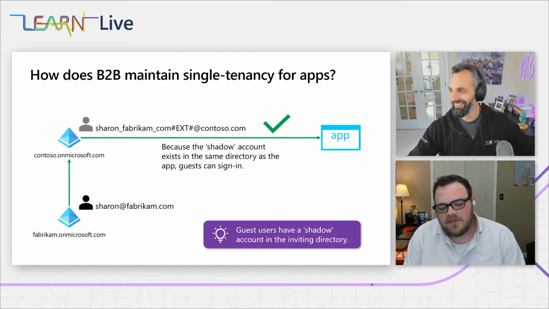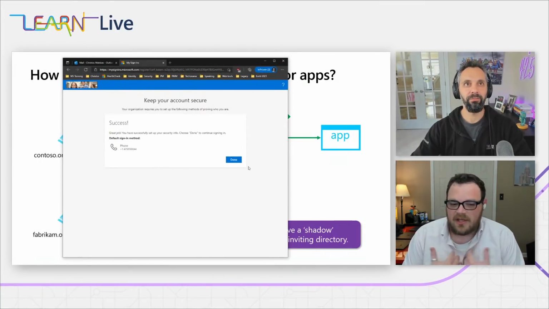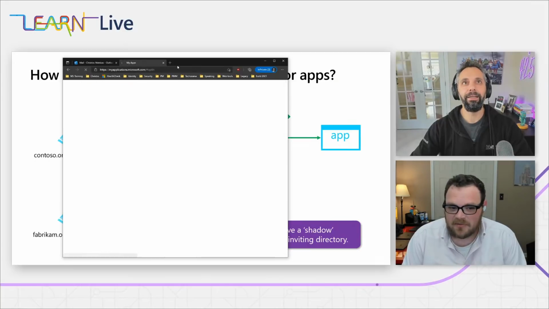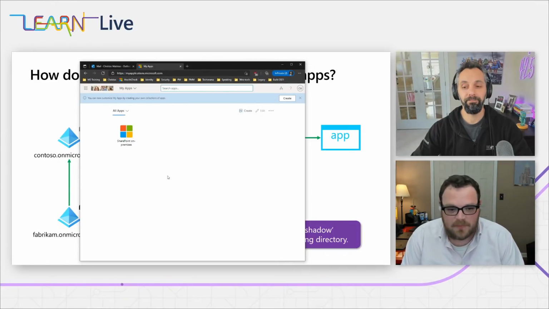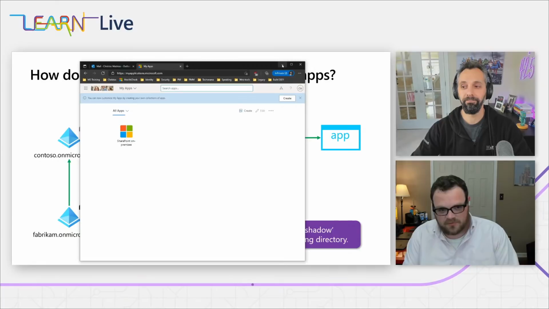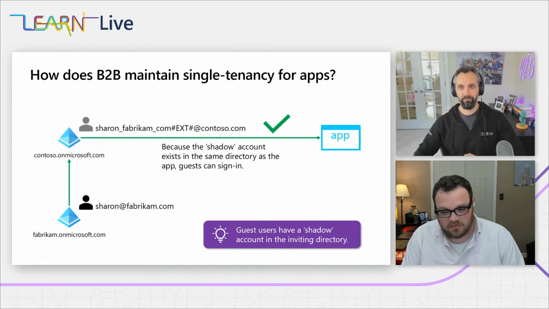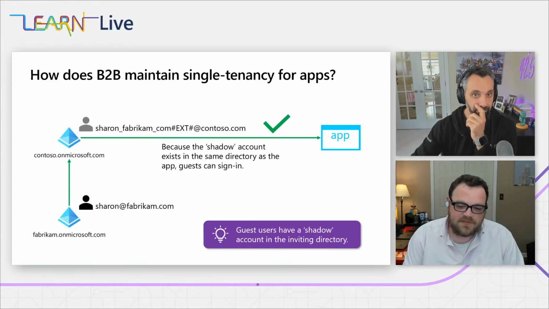Now, one of the other things to note is he's having to go through this MFA process because I have enforced that. So I am the administrator of the directory that he's joining, because he's accessing my resources. And because he's accessing my resources, that means that I have control over what he can and can't do, and what he has to do in order for that to work. So setting up MFA with his cell phone number, for example, or through an authenticator app, is a requirement to be a member of my directory, and it's enforced upon his account when he's accessing my resources. So now that you have an account, Christos, see if you can get back to the